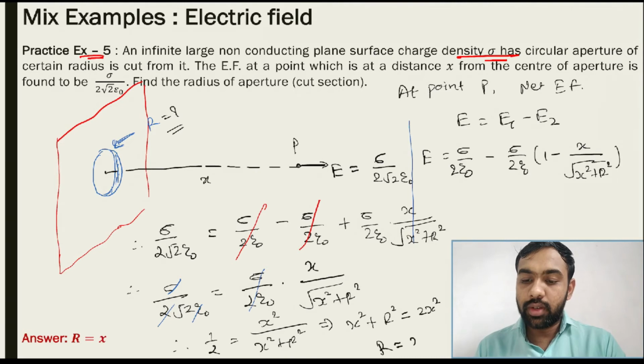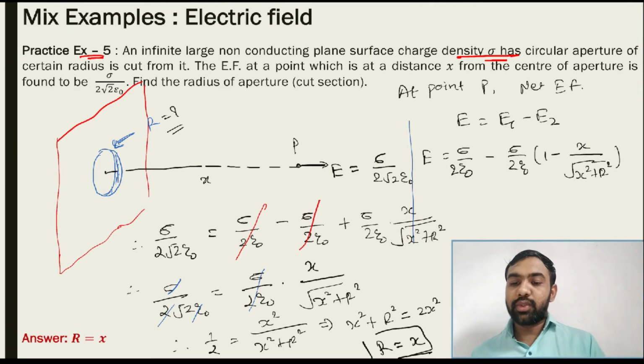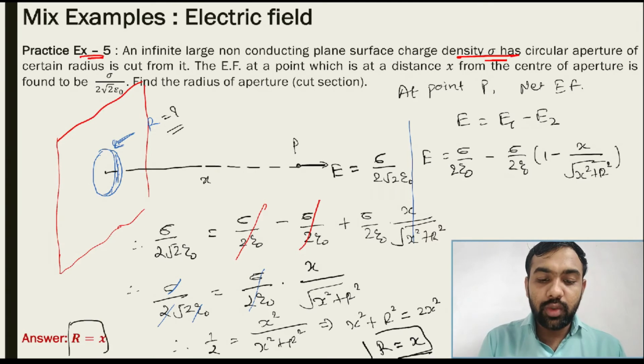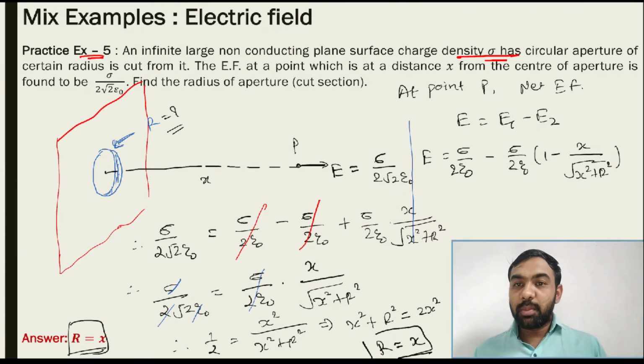So it means r is equal to x. This is our answer. X square cancels out. So 2x square minus x square, that is x square. So r square is equal to x square. R is equal to what? X. So by this way you get the answer. See, r is equal to x. So very simple situation, and just using the equations you get the final answer. Okay, all of you guys note this example, then after we go to the next one.